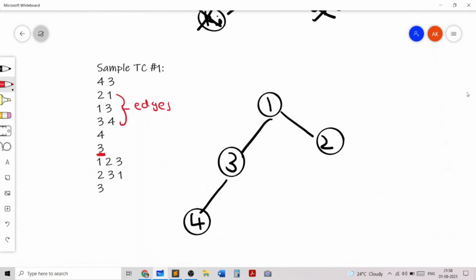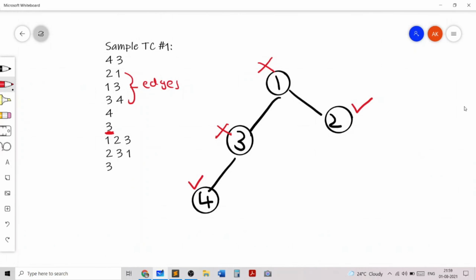So firstly, we can see that node 2 will be left because node 2 has node 1 only adjacent to it, and similarly node 4 will be left, but node 3 and node 1 will be removed because they all have some adjacent node which has a value greater than that node. So that's why the answer for the first query is 2.